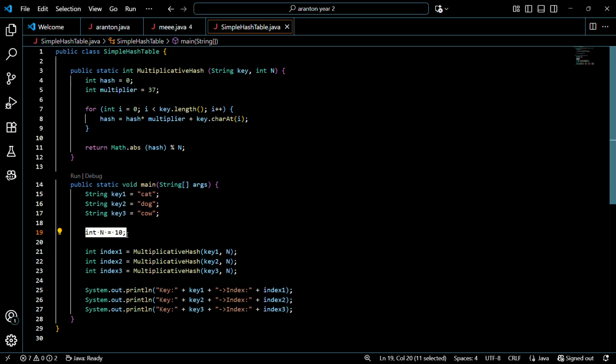Int n equals 10. This sets the number of buckets to 10. So any index returned will be between 0 and 9.